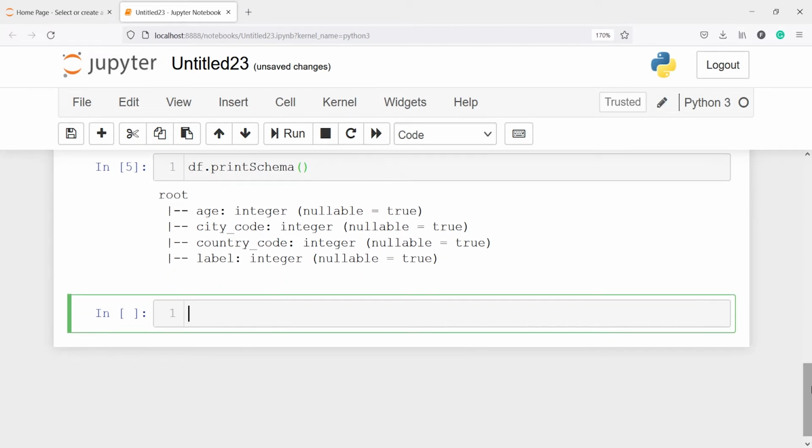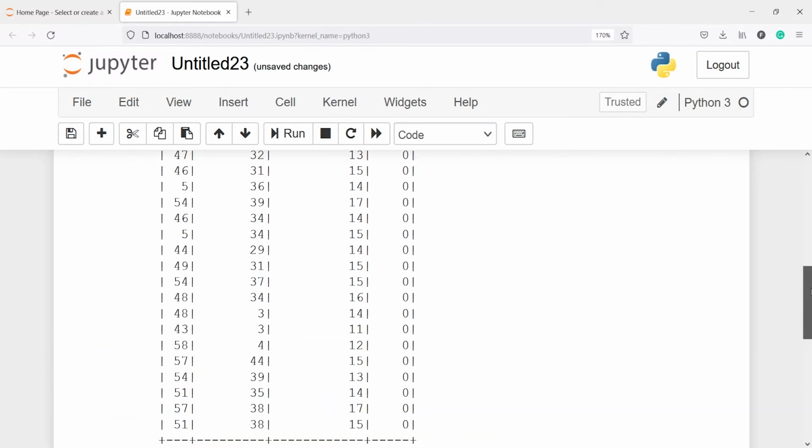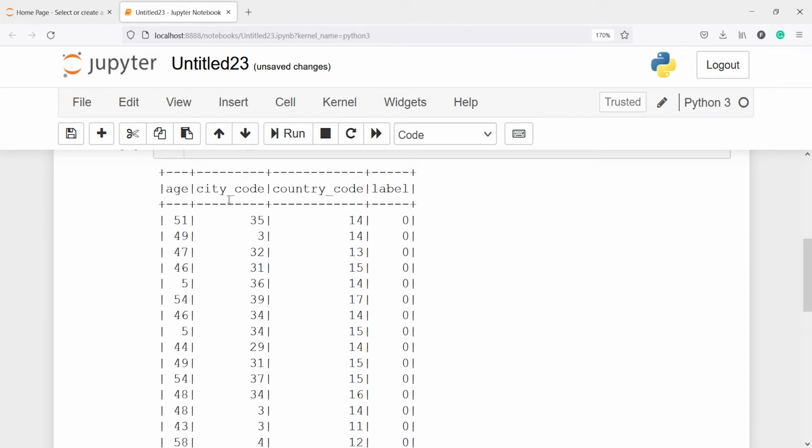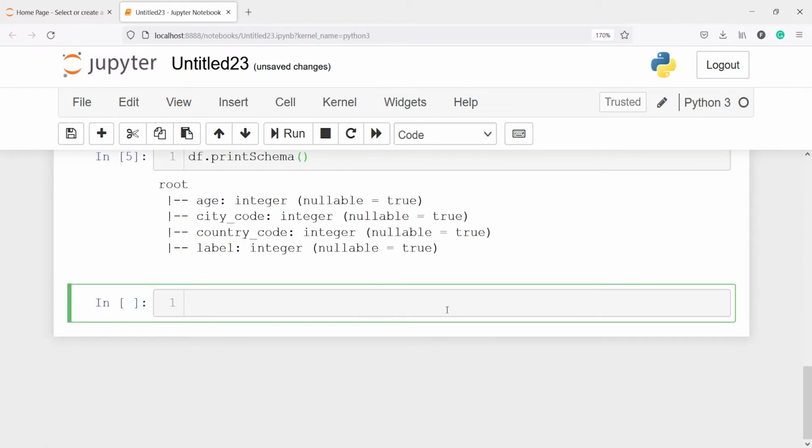Now let's create a dense vector of our independent variables to compute chi-square test. So our independent variables are age, city code, country code. We are going to create a dense vector of these independent variables. Now I will make one variable assembler. I will call VectorAssembler.